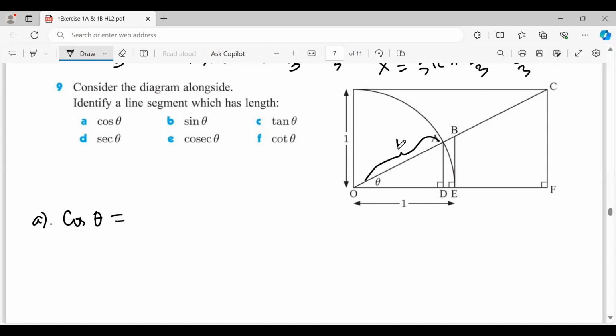This is 1. Okay. If cosine is OD over 1,